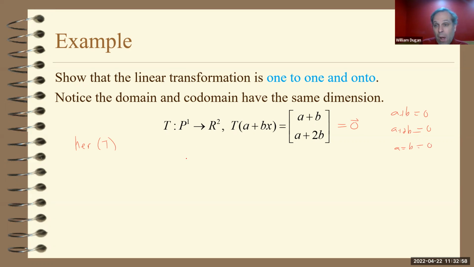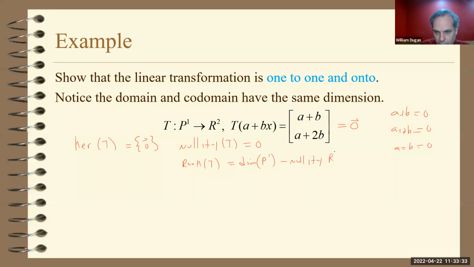So the only polynomial of degree 1 or less that gets mapped to the 0 vector in R2 is actually the 0 polynomial. So that will be only the 0 vector. So I now know the nullity. So the nullity of T is 0. It's instantly now 1-to-1. But by the rank-nullity theorem, the rank of T is equal to the dimension of P1 minus the nullity